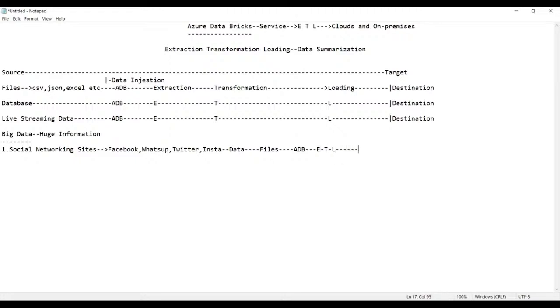And loading into what? Finally, the destination. Getting my point?